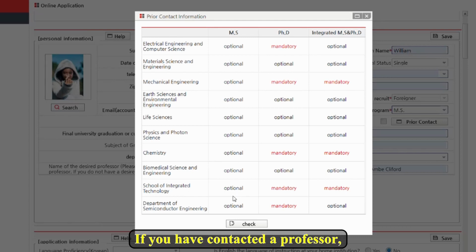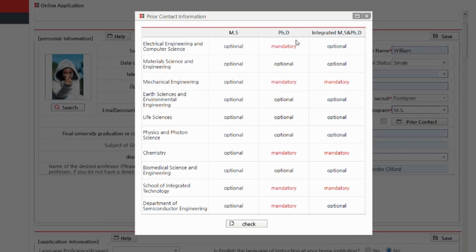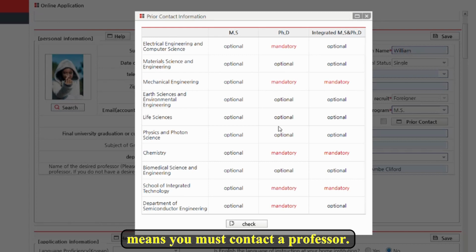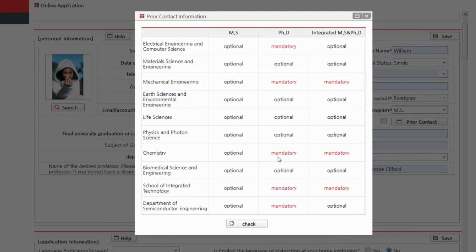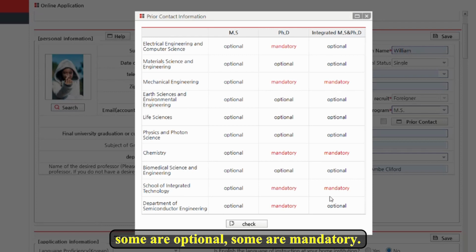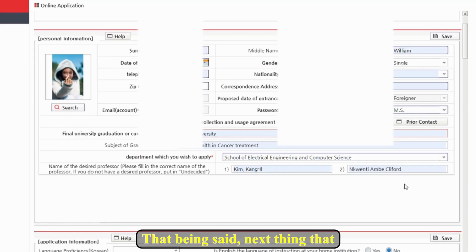If you have contacted a professor, then go ahead and say yes, I've contacted a professor. For PhD, some are mandatory, which means you must contact a professor. For example, if you want to study chemistry at the PhD level, you must contact a professor under the PhD department. And then for integrated master and PhD, some are optional, some are mandatory. So it's very important that you make sure you know that the major you're applying for does not require you to contact a professor before applying. That being said, next thing that you're supposed to do is save,